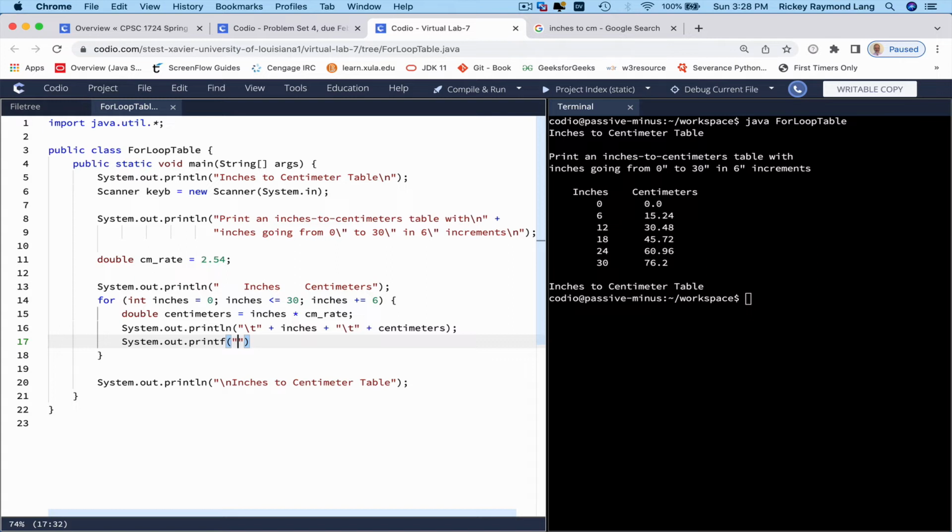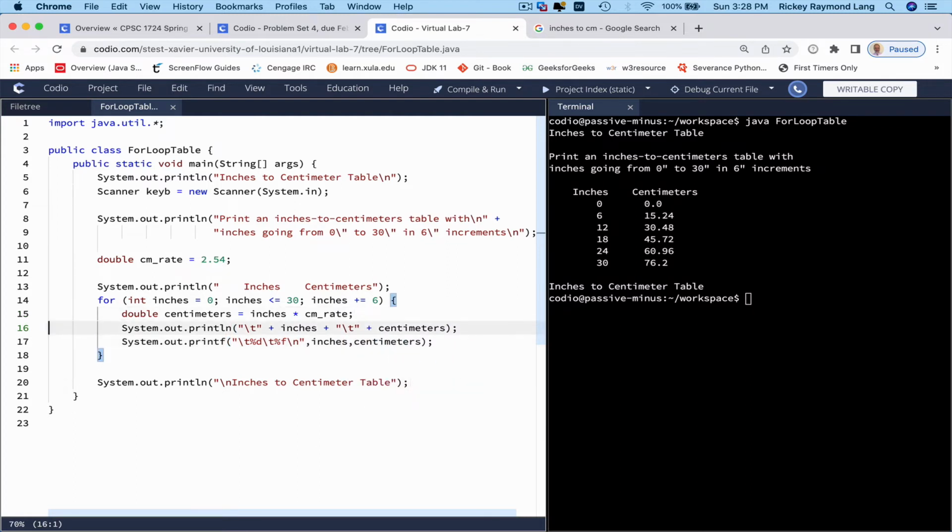So I'm going to have a tab, and then wherever you want to put in a number, you put in a conversion spec. For integers, it's %d, then another tab, and then for floating point numbers, it's %f, and then you have to put in a \n to end the line, and then you list your variables: inches,